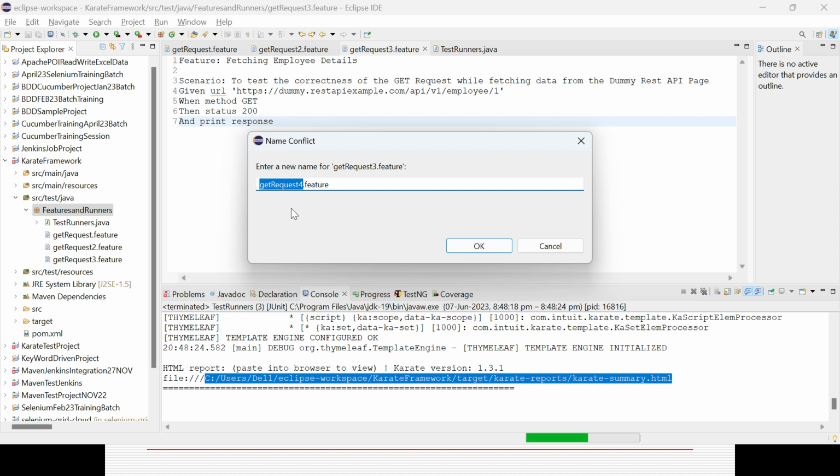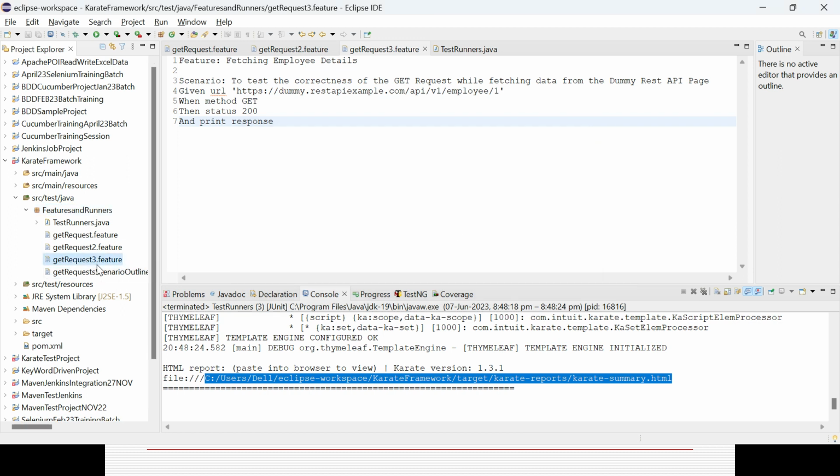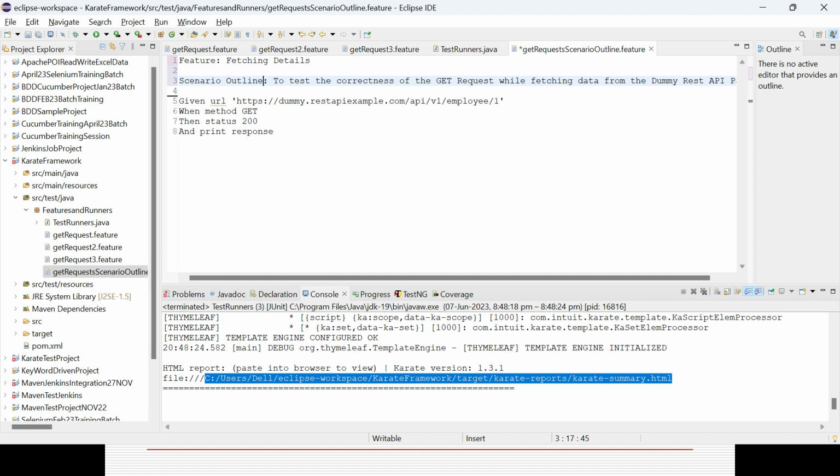And I can give it a name, get request scenario outline dot feature. Now I will open that one. Here, instead of the scenario name, I can mention fetching details. And the scenario I can change. Instead of scenario I need to write scenario outline, so that the same scenario will be executed with a different variety of data to test the correctness of the get request